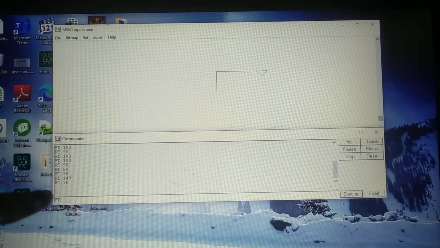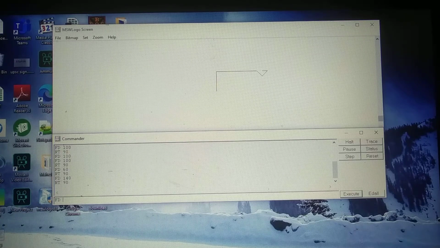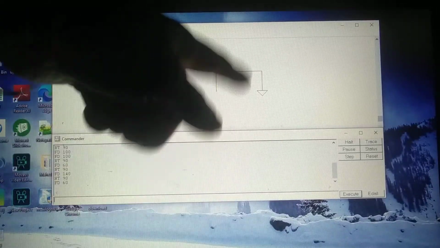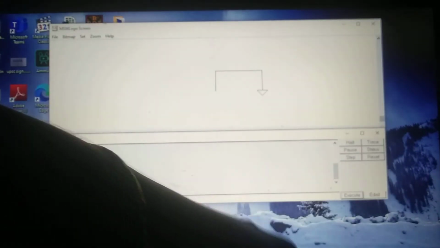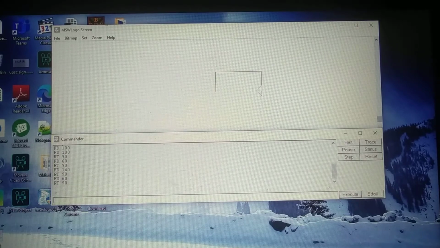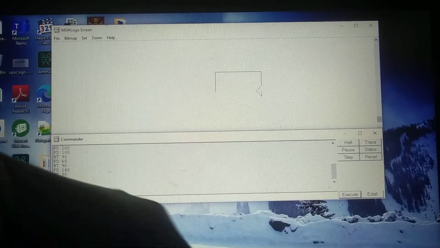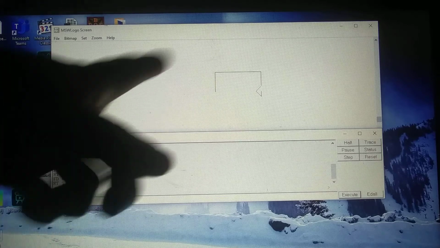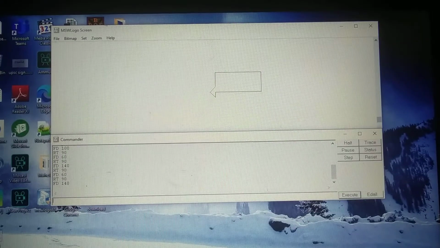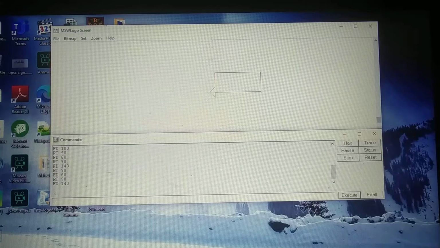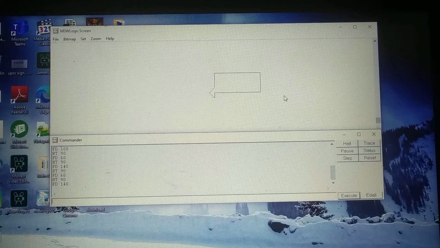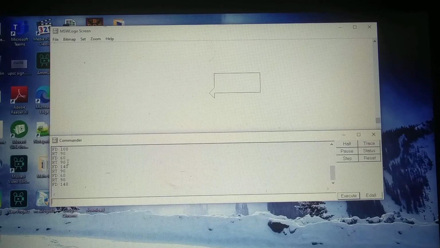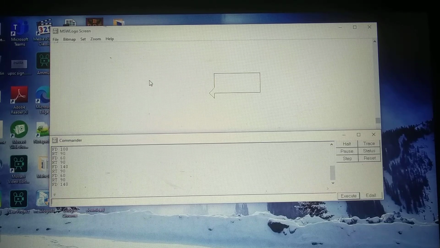So what is the measurement we have given here? FD 60. Enter. 60 units. Again we will rotate it by 90 degrees. Right side. This side it is rotated. Again we will give FD 140. After FD, a space, and after that you have to mention the units. See, this is the rectangle we have drawn. So like that we can draw squares, rectangles and triangles using these commands. So like that we can draw different shapes using MSW Logo.